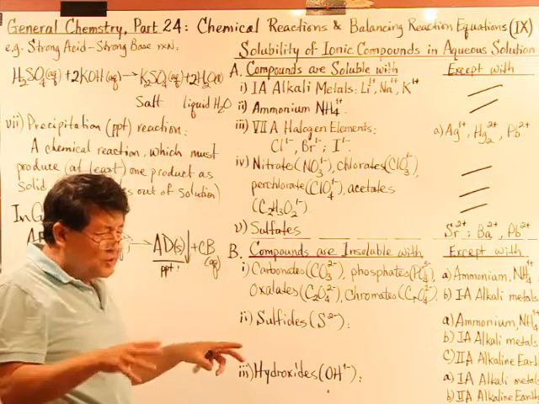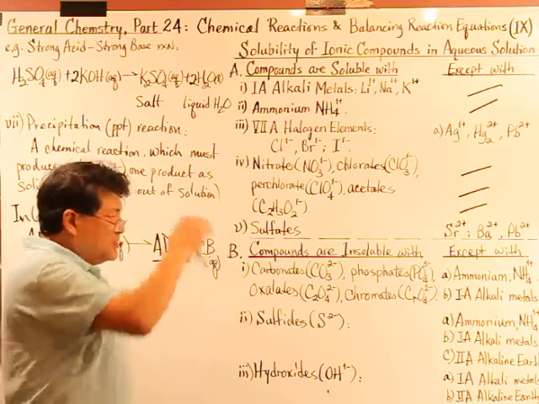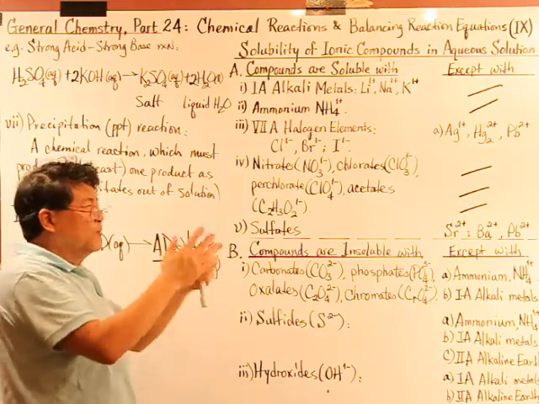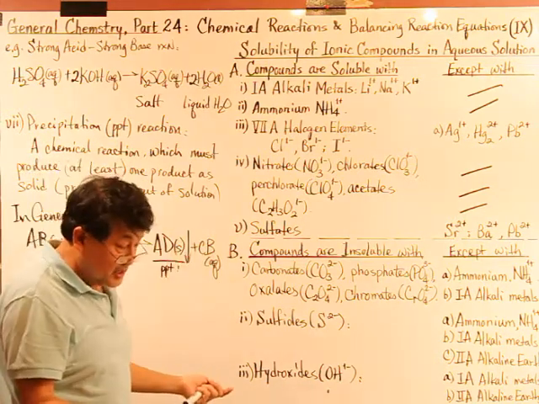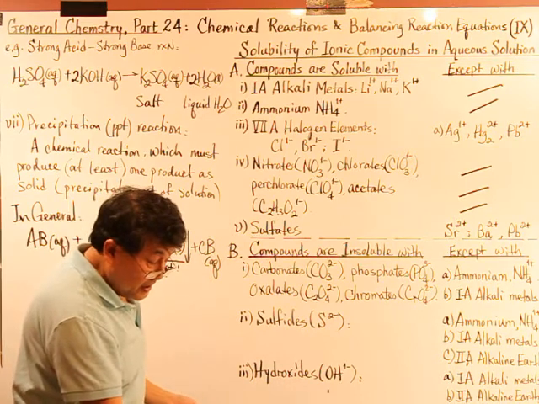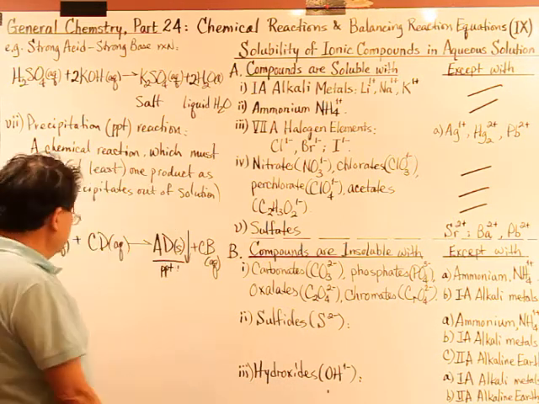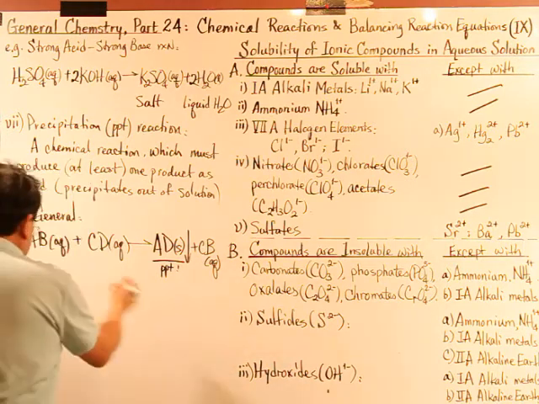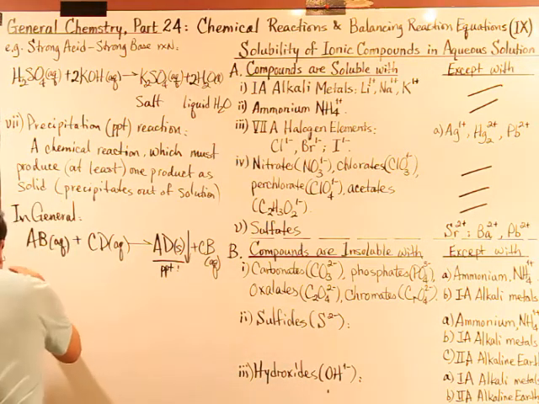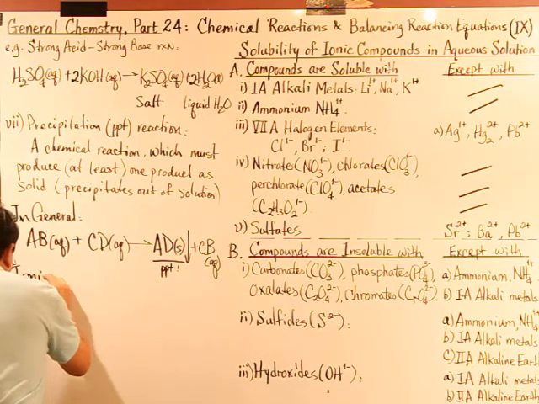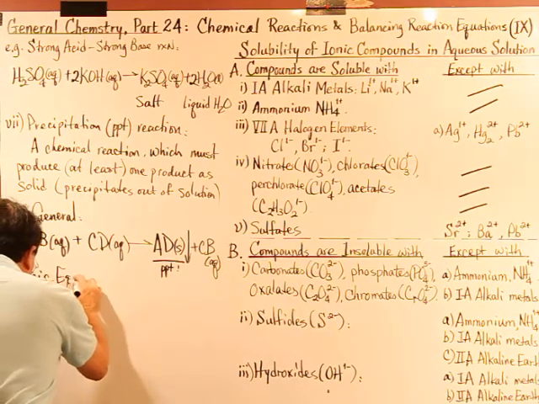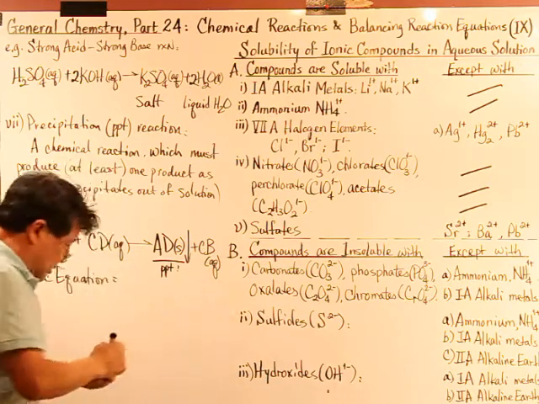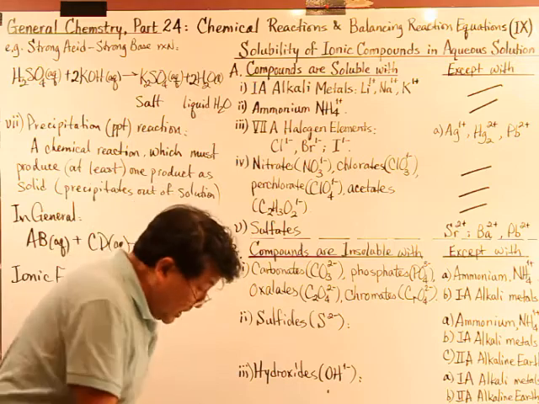And what is inside the solution? The C and the B. C is cation, B is anion, they are still running around, but there's no more reaction because they don't form any products. Is that clear? I think time's up. Only a couple of seconds left. So if we want to, we can write an ionic equation of this. Let's continue in the next section, and we're going to talk about how